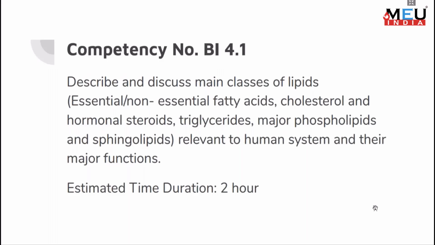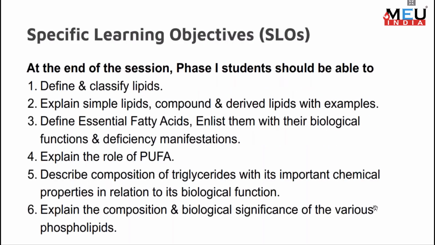Competency number BI 4.1 is to describe and discuss main classes of lipids, which include essential and non-essential fatty acids, cholesterol and hormonal steroids, triglyceride, major phospholipids, and sphingolipids, which are relevant to the human system, and their major functions. Estimated time duration to complete this competency is a minimum of 2 hours. Regarding the specific learning objectives, at the end of the session, phase 1 students should be able to define and